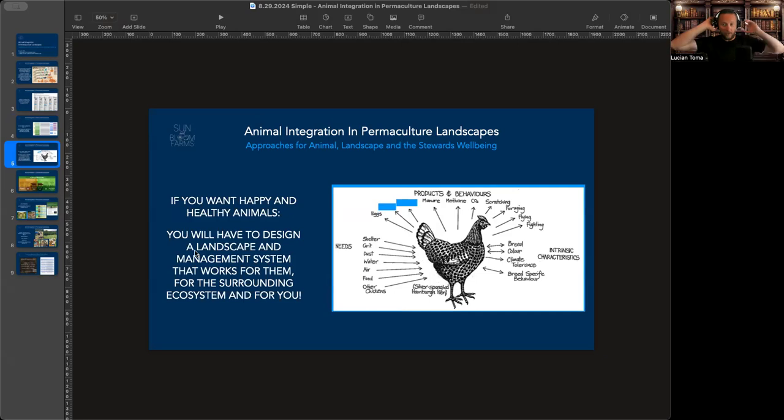So if you make the decision to have these animals, then if you want happy and healthy animals, you will have to design a landscape and management system that works for them, that works for the surrounding ecosystem, and that works for you. I think a lot of people forget about themselves, especially about themselves. People that are well intended to take care of animals, to love animals, to give them a good life, whatever their final destination is, if they're going to live their life on the farm, or if they are going to basically